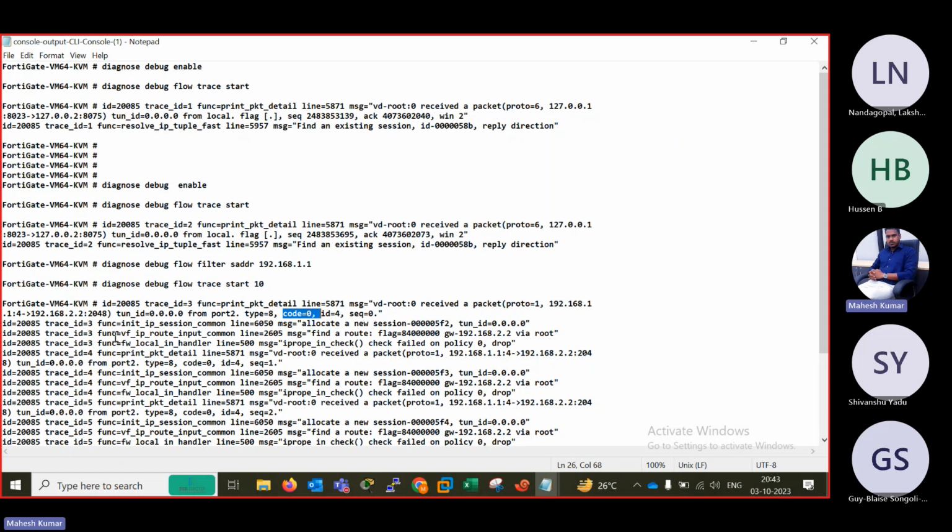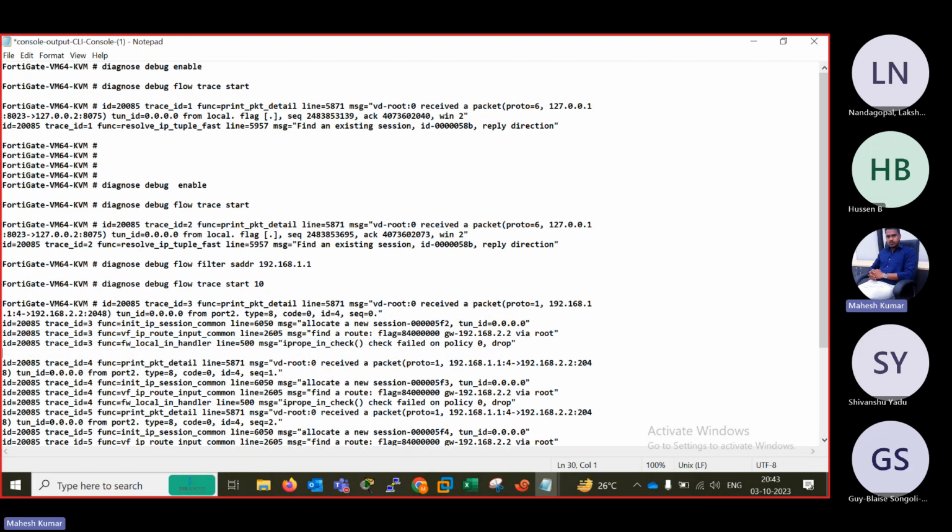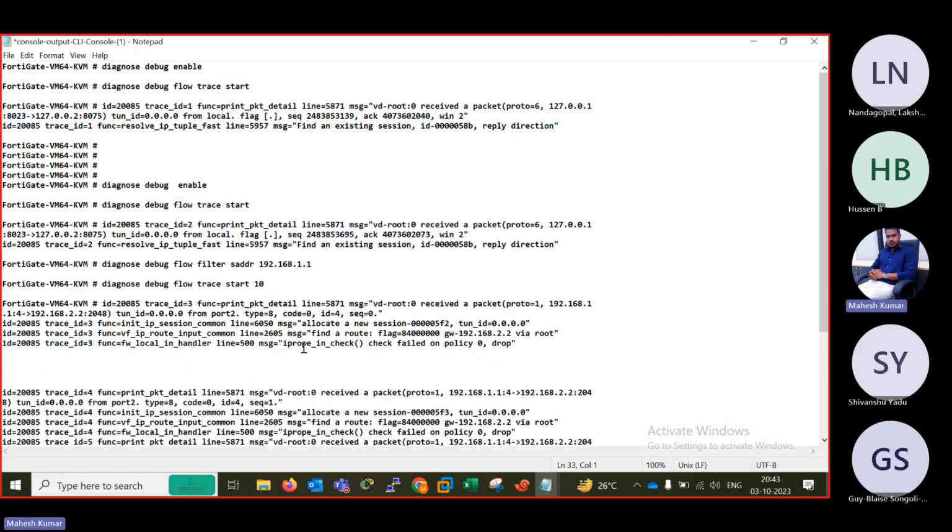After that, it says session command line, allocation, new session; some session has been created, okay? And after that, we have the gateway 192.168.2.2 via root, because the device is in root mode now, okay? Local in handler, and finally it is telling line 500 message,